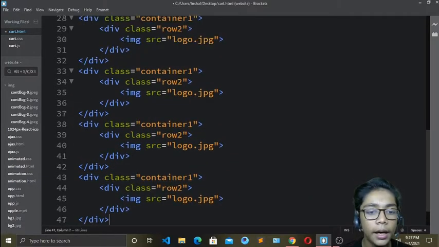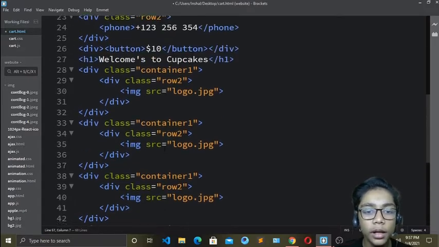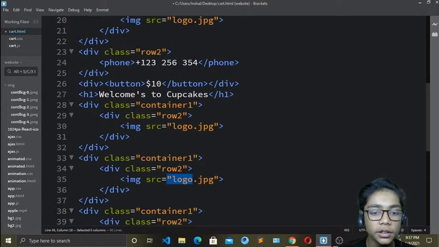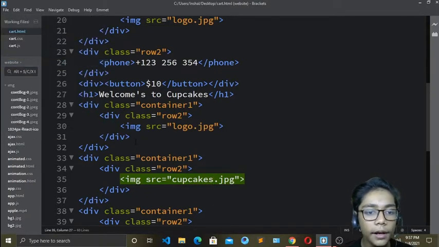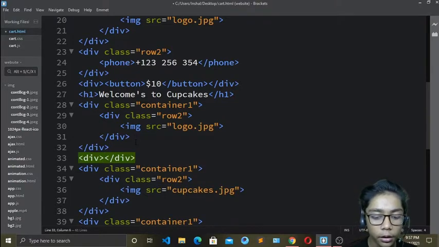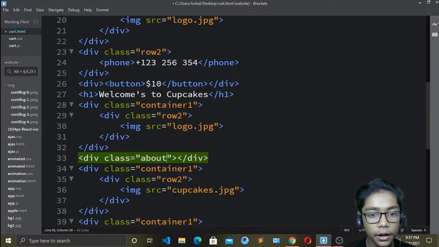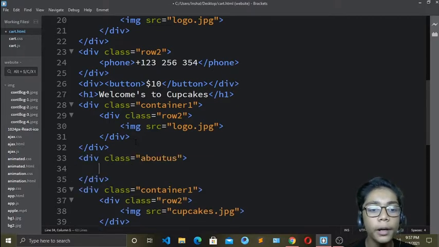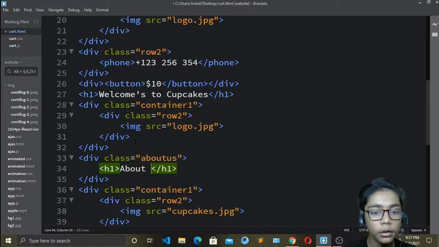So I will just paste that, and here you have to do nothing, just change its name, and it should be changed again randomly. Okay, so I will write cupcake.jpg, and now hit save. Now come and write div with class of about us. Okay, so I will write about us. Then write h1, and write about us again, and now erase that. Then write about us and write like that.